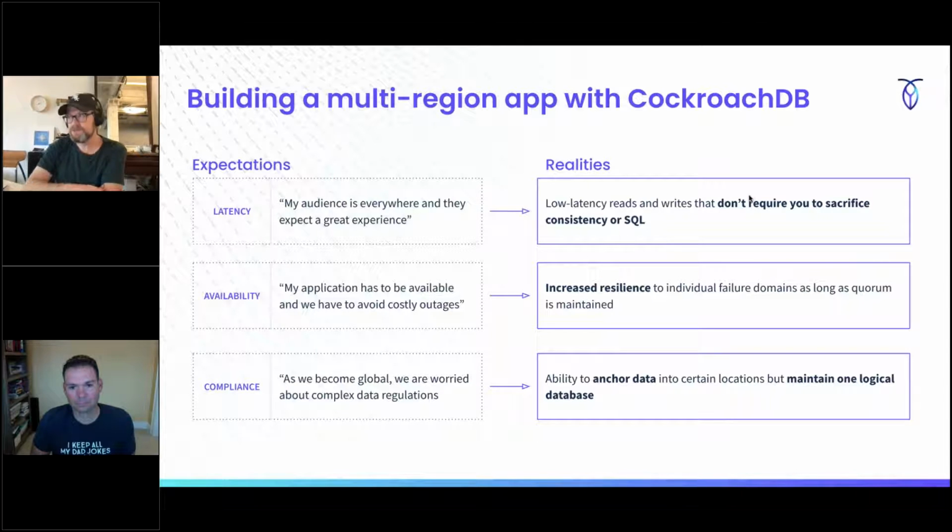The magic of a multi-region database is, you have nodes all over the planet, but any one of those nodes can serve as an endpoint and find data no matter where it lives, and in any region, right? So one single logical database deployed across multiple regions. A region in this case could be a different region within a cloud provider, but it could be even a different cloud provider itself, right? You could actually deploy a single logical database across multiple different public clouds, which we find a unique capability here. But again, it's all about realizing and mitigating risk.